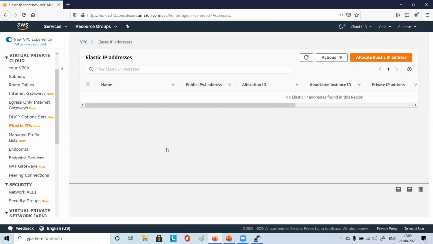So the only situation where you will not be charged is if your instance is running and this elastic IP is attached to the running instance. If it is attached to an interface which is detached, if it is attached to an instance which is stopped, or if it is simply lying without being attached to anything, in all conditions you'll be charged, right?